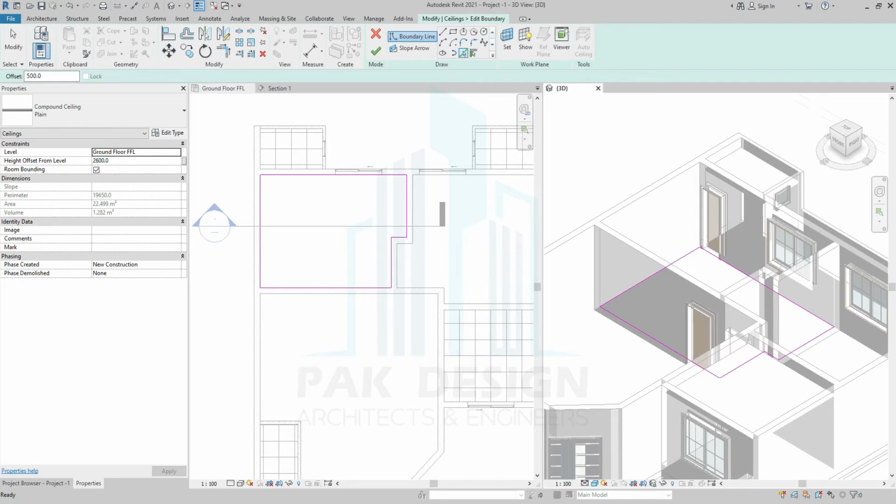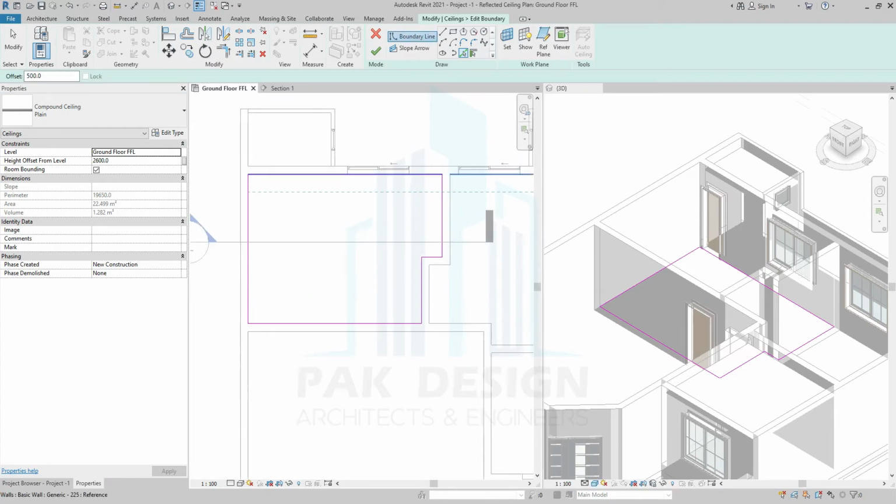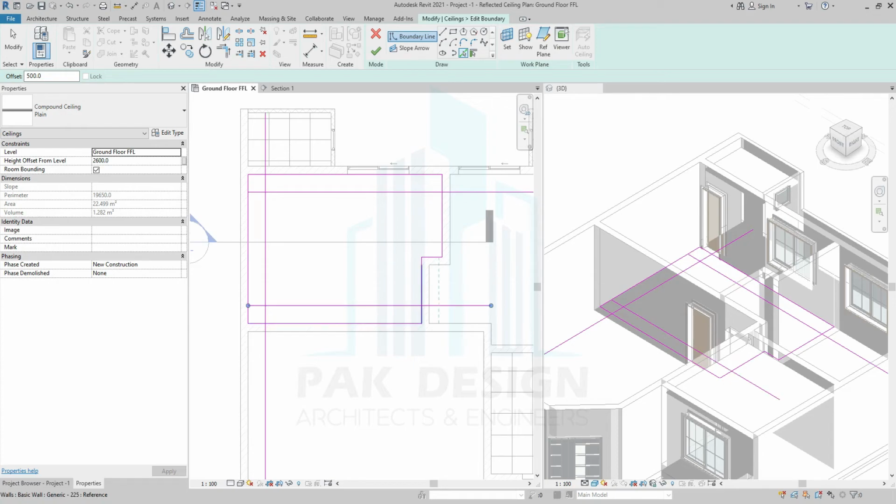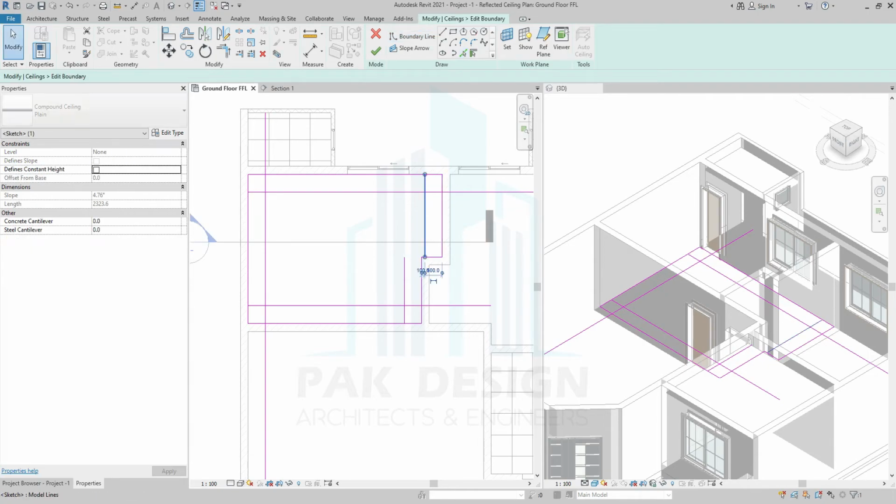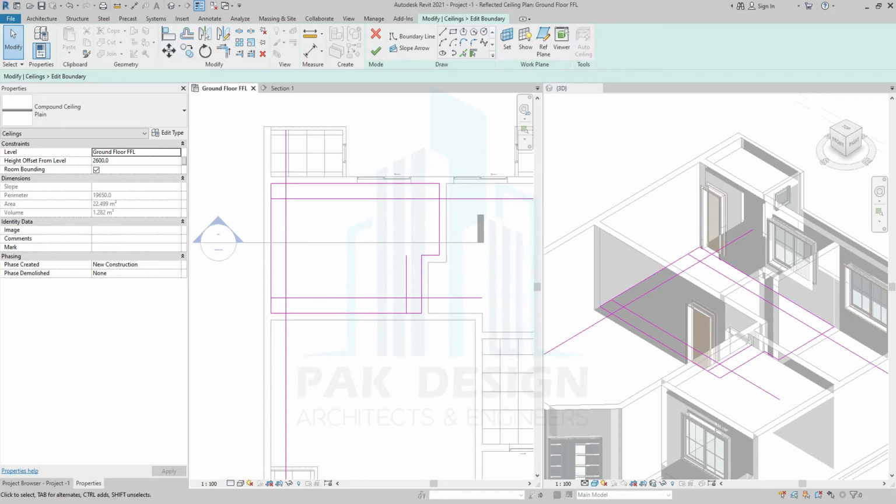Okay, again pick line. Okay, offset. It's better not to have this one. Trim, TR. Okay,